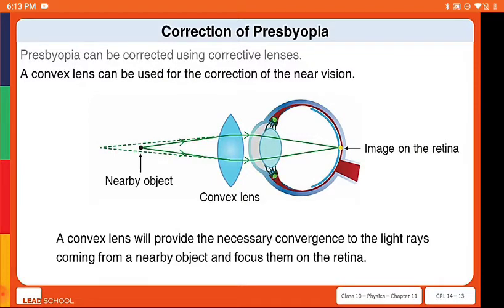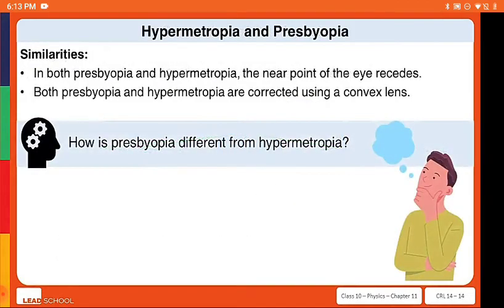A convex lens will provide the necessary convergence to the light rays coming from a nearby object and focus them on the retina. The nearby objects will then be clearly visible. Notice that in both presbyopia and hypermetropia, the near point of the eye recedes. Both these defects can be corrected using a convex lens. So how is presbyopia